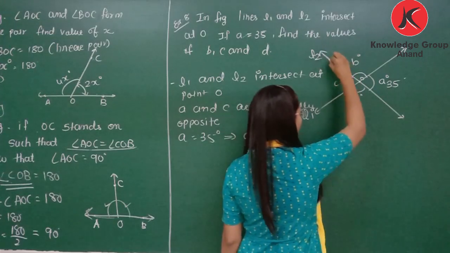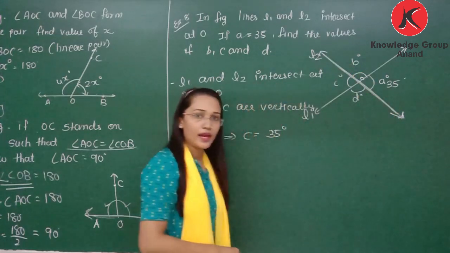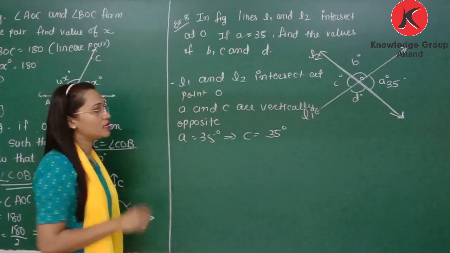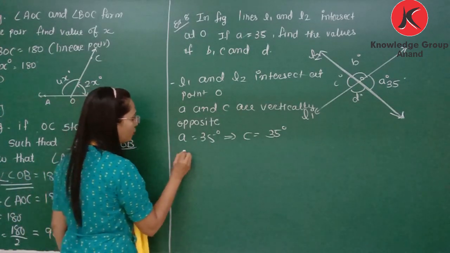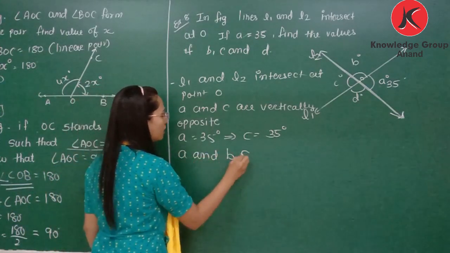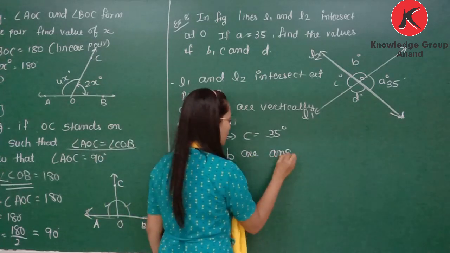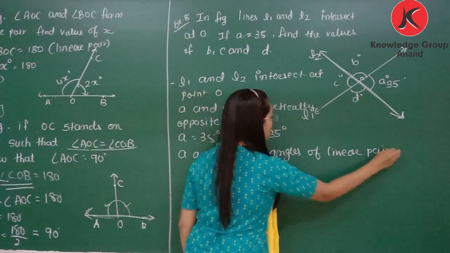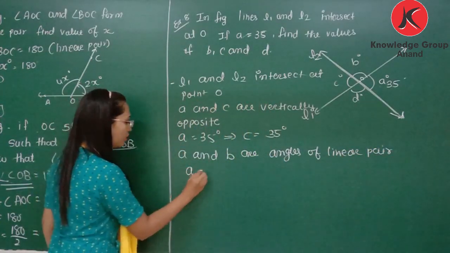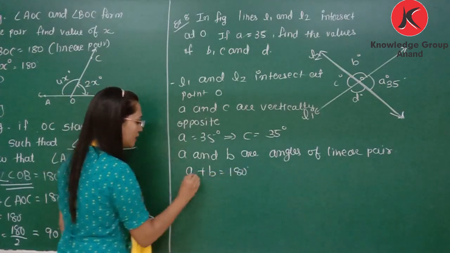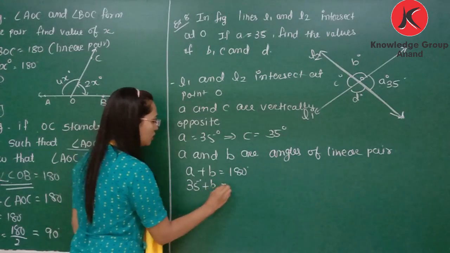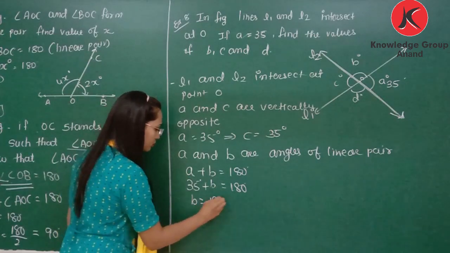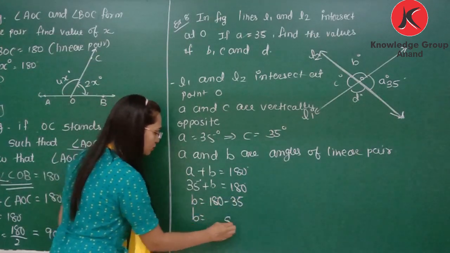Now if we consider line L2, this is line L2. So angle A and angle B are adjacent angles, or you can say linear pair. So we can write A and B are angles of linear pair. And linear pair means 180. So A plus B is equal to 180. But here angle A is 35. So B we can find by subtracting 35 from 180. So B is equal to